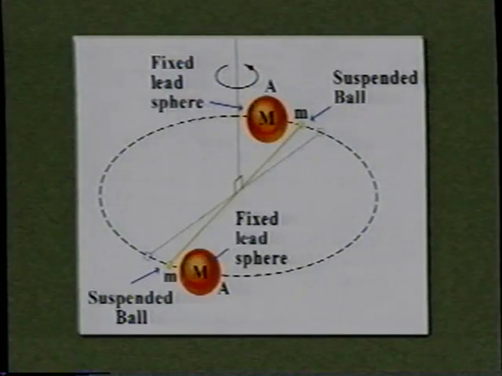Of his many important experiments, Henry Cavendish is best remembered for devising a very ingenious method for determining the gravitational constant G. He did this in 1798. He suspended a dumbbell with lead spheres from a wire, such that the 2 suspended spheres were in proximity to 2 much larger lead spheres that were fixed. The slight force of gravity between the large spheres and the smaller lead spheres caused the pendulum, or this suspended dumbbell, to rotate, to torque slightly.